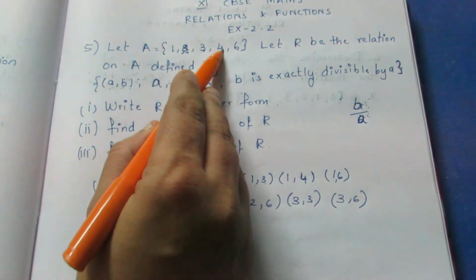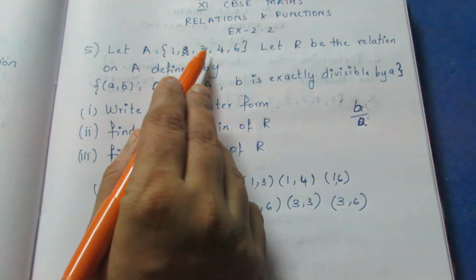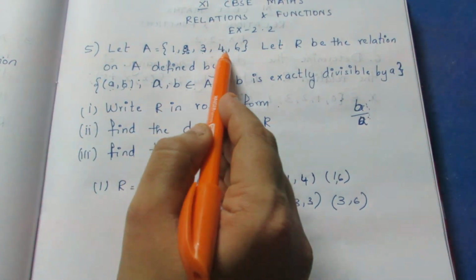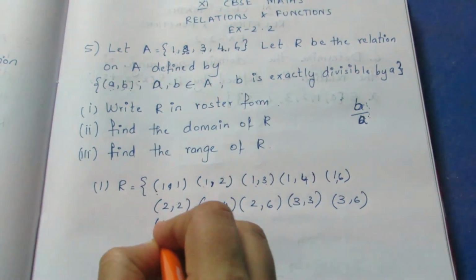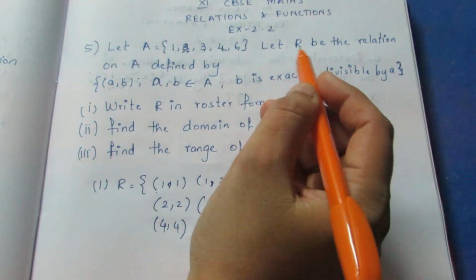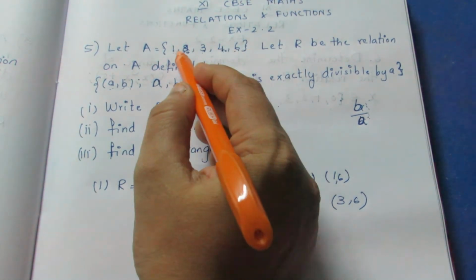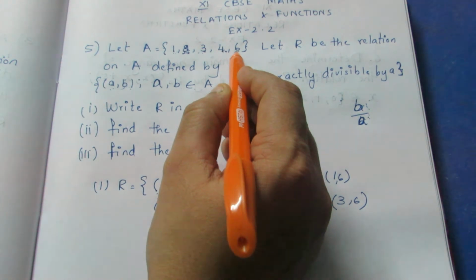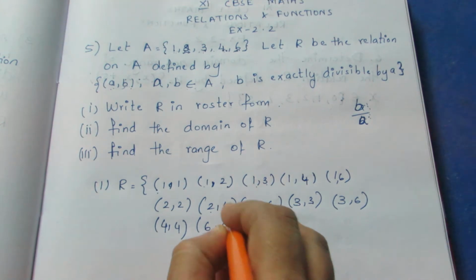Now we'll move on to the fourth. (1, 4) already we have written. We can't write that. (2, 4) already we have written. (3, 4) is not possible. (4, 4) we can write. (4, 6) it's not divisible. Now we'll move on to the sixth one. (1, 6) no. (2, 6) we have written. (3, 6) we have written. (4, 6) it is not possible. So (6, 6) it is divisible.